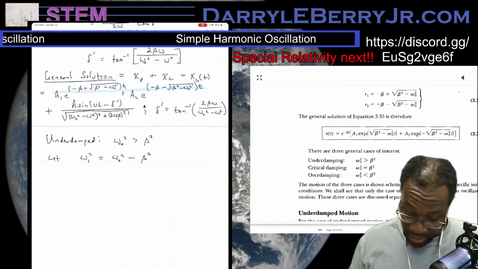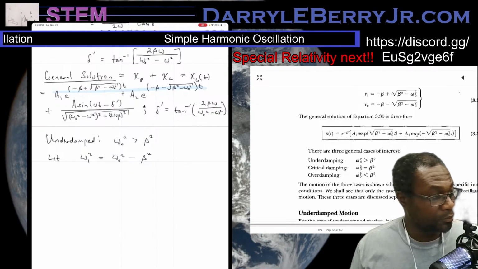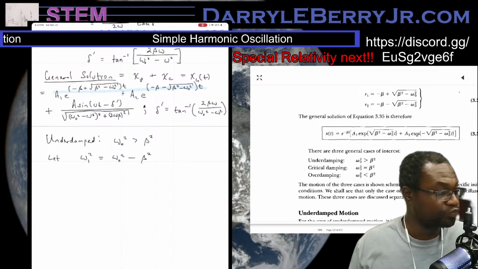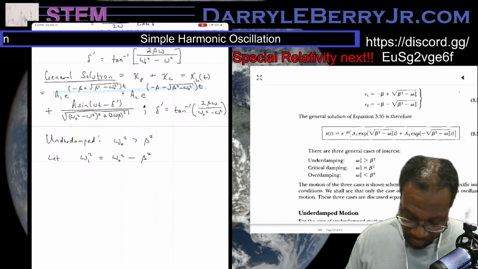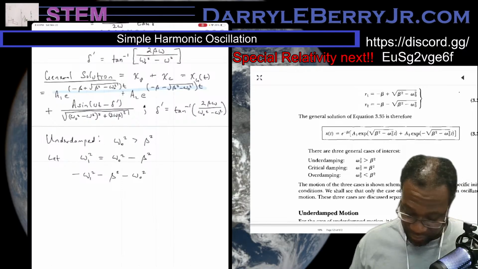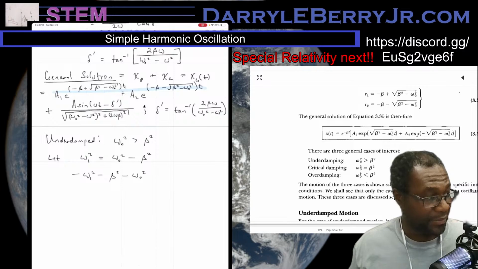That means that omega 1 squared equals beta squared minus omega squared. That's what I have to reverse in my numerator. So what I can do to simplify this is,